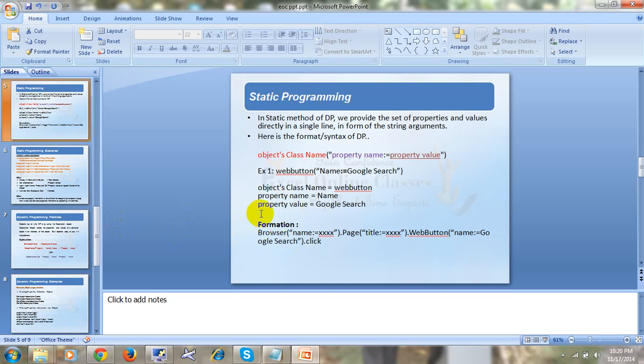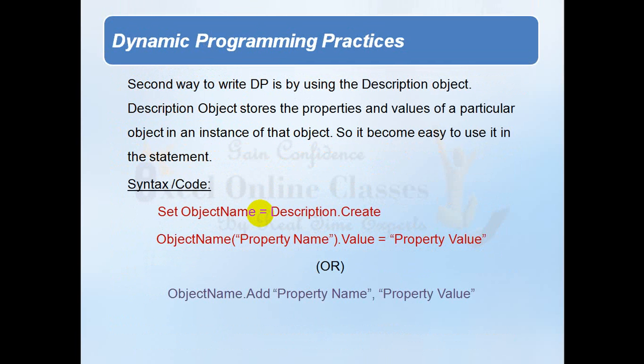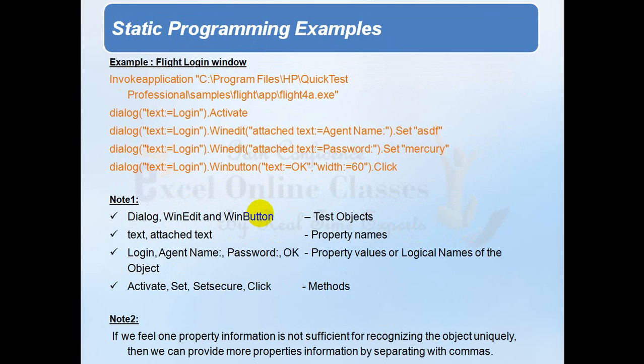So this is a way we can create the descriptive programming scripts. This is the basic example I have given and what I have shown. Flight login window, here I have given the sample script and it is describing what is what. In that script, dialog, WinEdit, WinButton, these are the test objects. Text, attached text, these are the property names. Here you can see